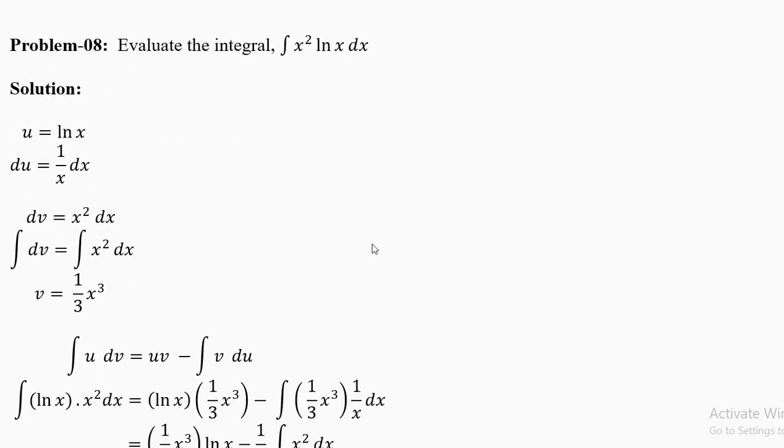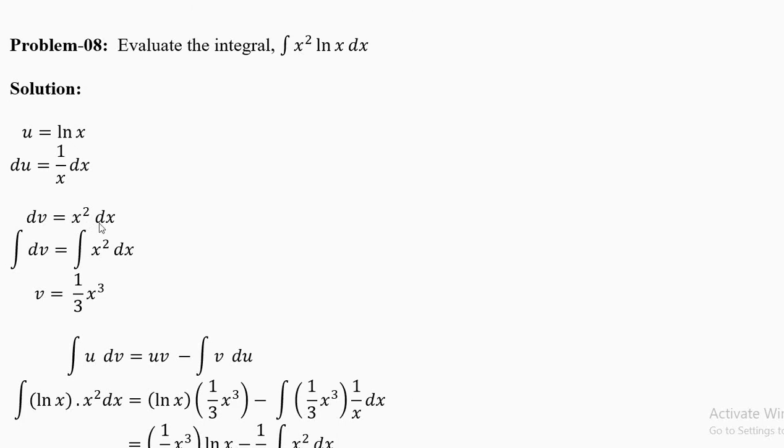Now let's do another question involving logarithm. Evaluate the integral x squared ln x. Please do not put u equal to x square, because we don't know how to integrate ln x. Do not copy it from the last question. Now u equal to ln x, du equal to 1 by x dx. Only in the case of ln the choice is opposite. In all other cases, if you have x square sine x, then you choose u equal to x square.